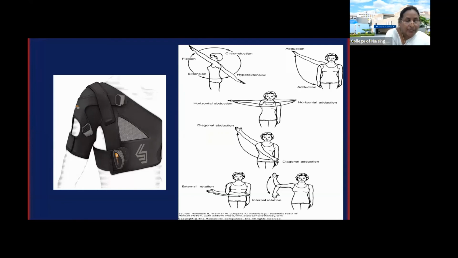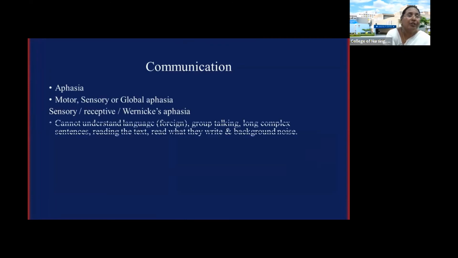So the point here I want to reiterate is, when we start physiotherapy for any patient, start steadily and then increase the intensity. First day, if we do 5 minutes, the next 2 days we must do 10 minutes. Then slowly keep increasing, so that the repetitive motion, the repetitive gesture, will help their memory and they will start doing it on their own. So this is about physiotherapy and shoulder position.